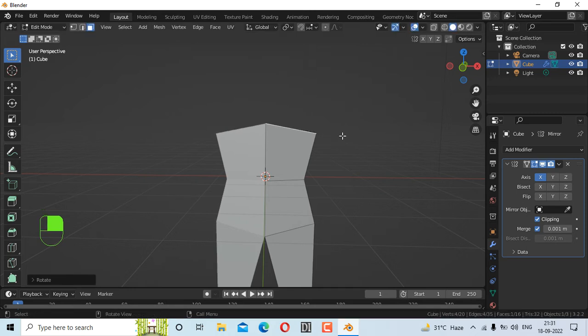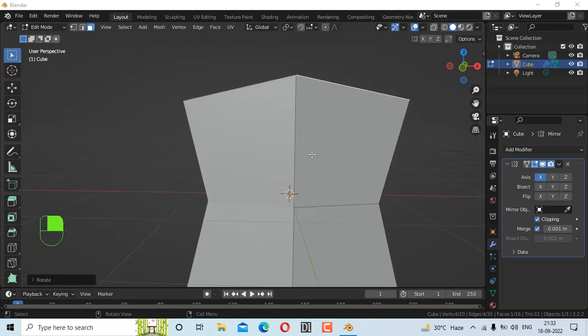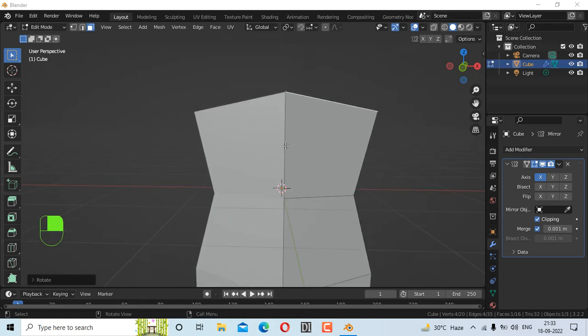Fine. And guys, we have to give some cut here. So where can we give this cut? To give the cut, guys, what you have to do is keep your cursor on the edge of the object and press Ctrl R. Let me select the object first. Fine, and press Ctrl R